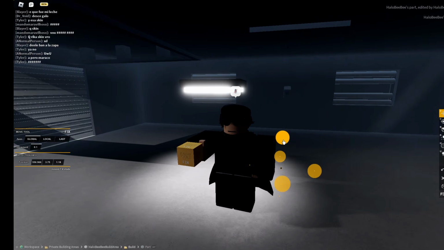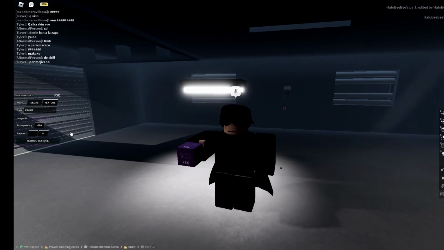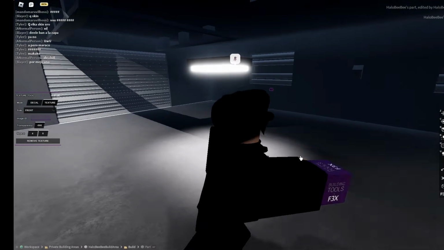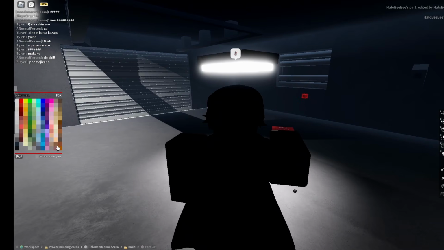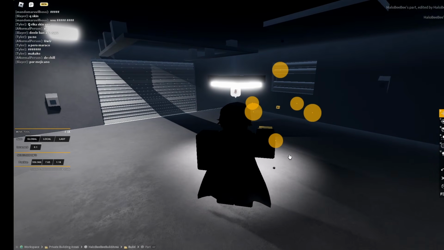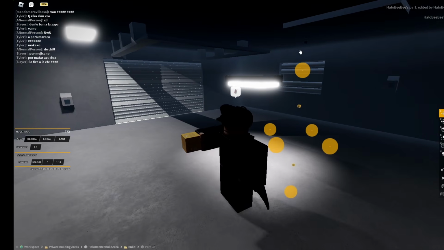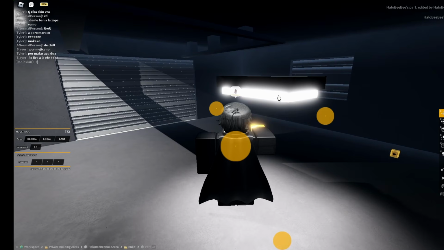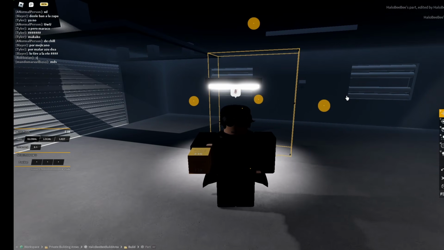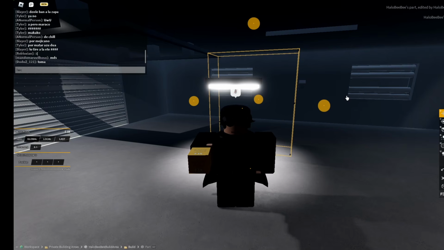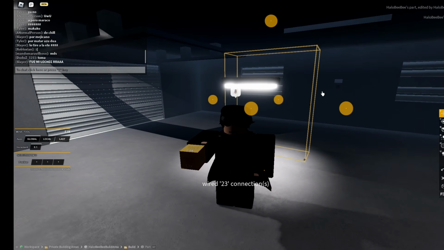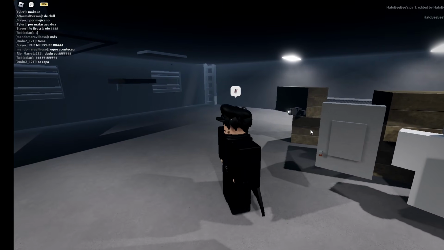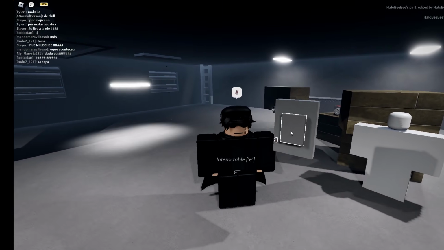So what we're gonna do now is add the third receiver, and this will be receiver 4. Also, since receiver 3 over here is colored CGA brown, we have to color receiver 4 the same color. So now we're going to group the receivers with the neon part, not the entire light, the neon part. And then we're going to shift plus G to group, and then use the command WC. So basically now we should have a light switch. So when I push this button, the light is off. And when I push it again, the light turned back on.